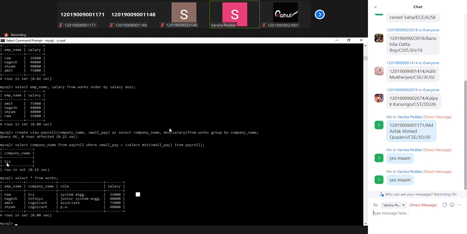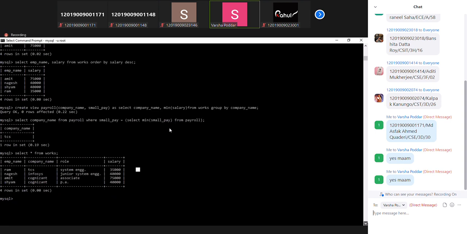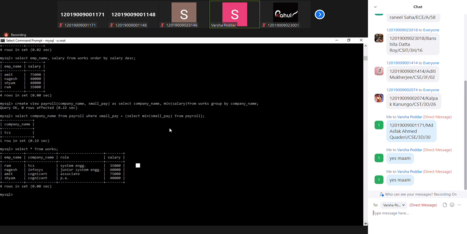Suppose there is another company, suppose there is PwC who is paying 35,000, 37,000. So who is minimum? The TCS. So TCS will come and it will be showing you in the output. So view is nothing but a temporary structure where for some calculations you keep some data, right? So that is your view, right? Next,